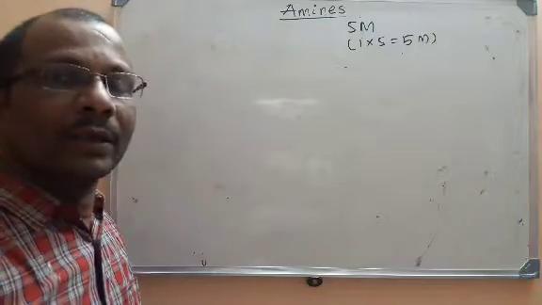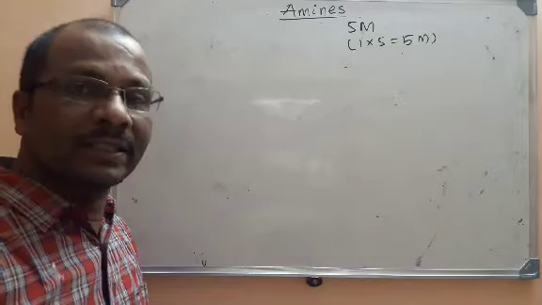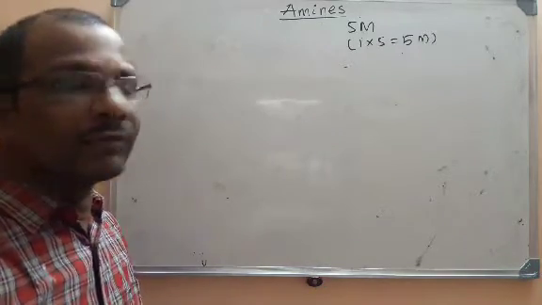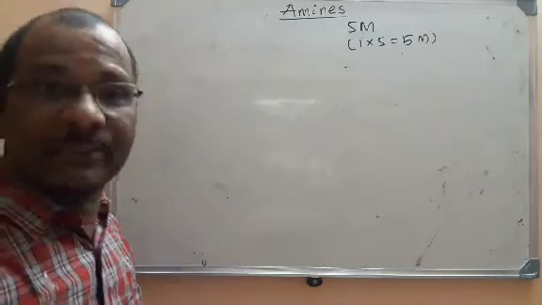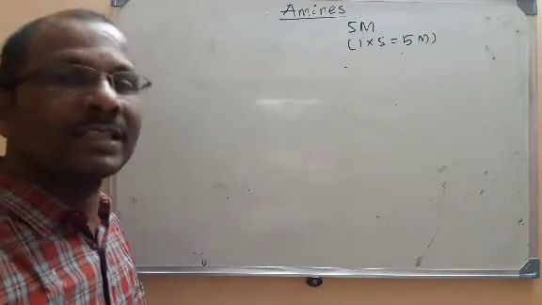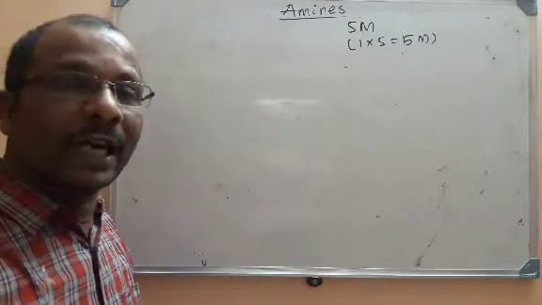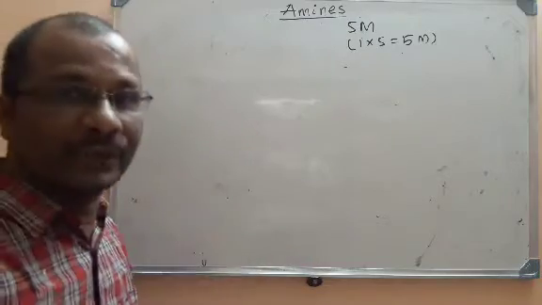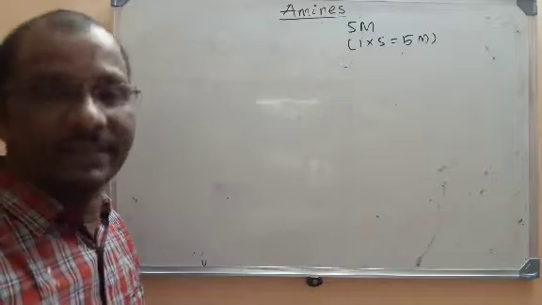Actually, some of the organic compounds contain oxygen, nitrogen, halogens. So amines is also one of the compounds where nitrogen is present. Actually in this lesson we don't discuss amines alone. We also discuss diazonium salts which also have nitrogen in them. Let us go to the first part of the lesson, amines.